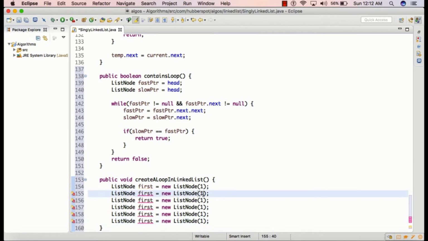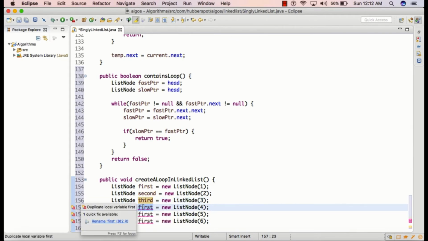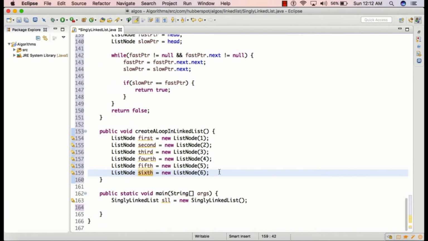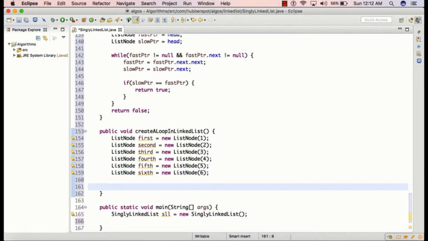So I'll just give them values 2, 3, 4, 5, 6, and I'll change the names as second, third, fourth, fifth, sixth. Now as we saw in the slide that head points to the first node, therefore we'll simply assign the value of first to head.